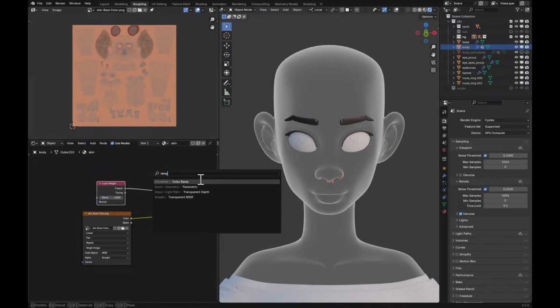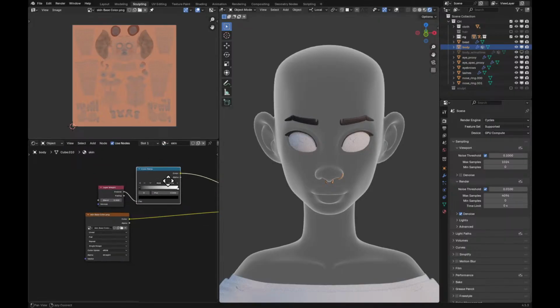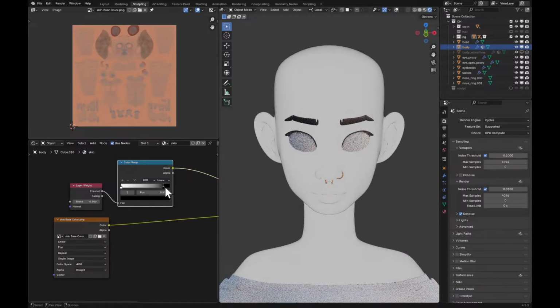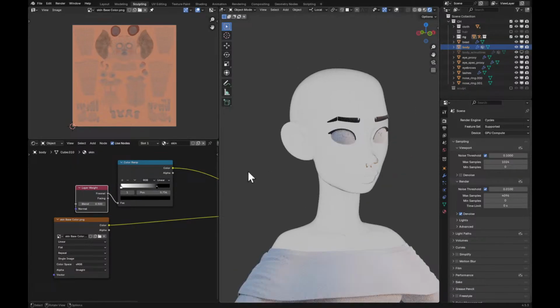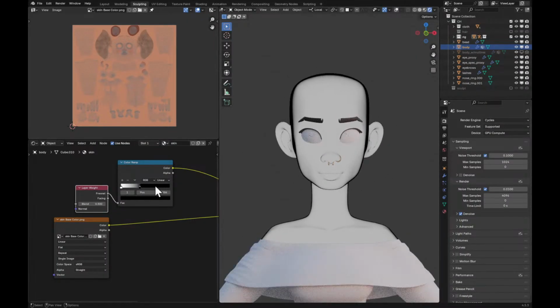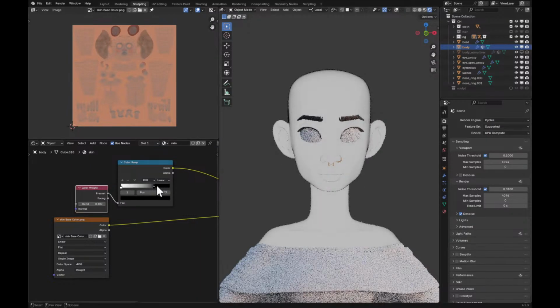So I showed this exact same technique, what I'm doing right now, in my previous video, the latest video I just released on Sunday. So this is the technique that I showed, and then I'm just going to flip this around. So the Fresnel, the layer weight, just gives, if you take a look at this black stuff around the character, it looks really nice, but we don't want it to be this much. So I'm just going to tone it down a little bit,